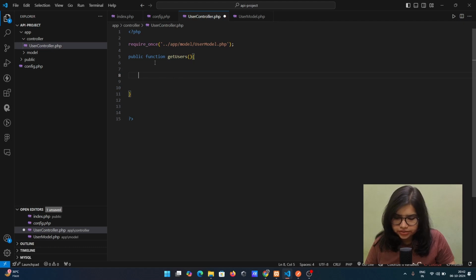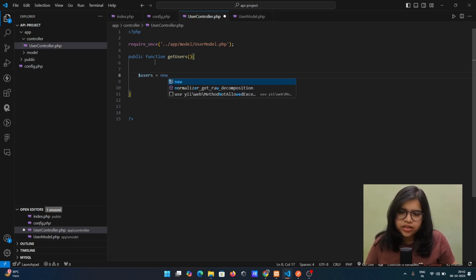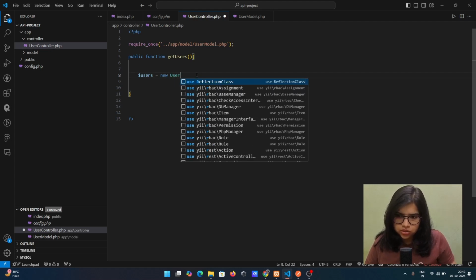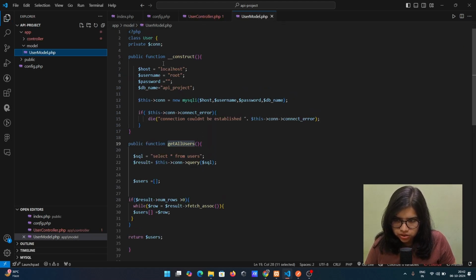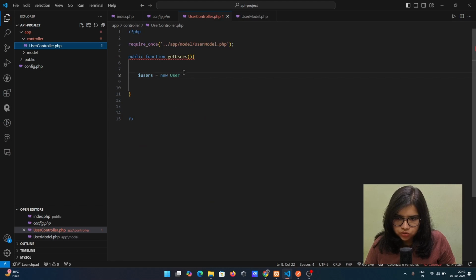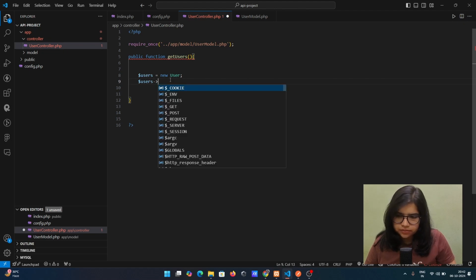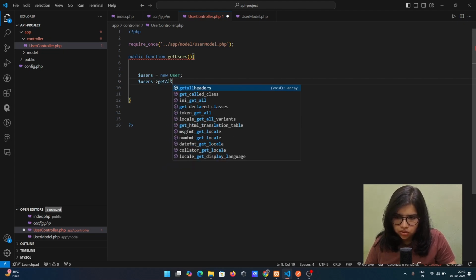Here we will create users, and now we are creating a new object of the model class. That was, if I'm not wrong, user only. Yeah, it's user. So we are creating a new user, and on this users we will run the get all